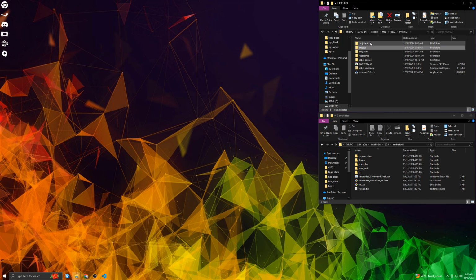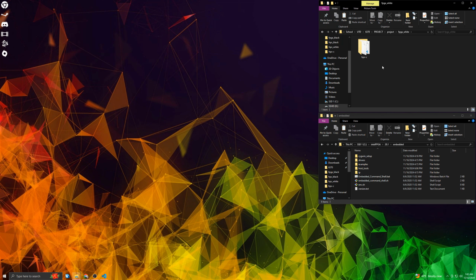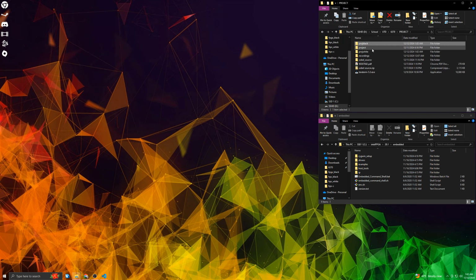And then I will do the same for Proj White. Just rip that out. And then I'll just get rid of those folders to get rid of any confusion. And so now in this project folder right here, you can see we have FPGA black, FPGA white, HPS black,